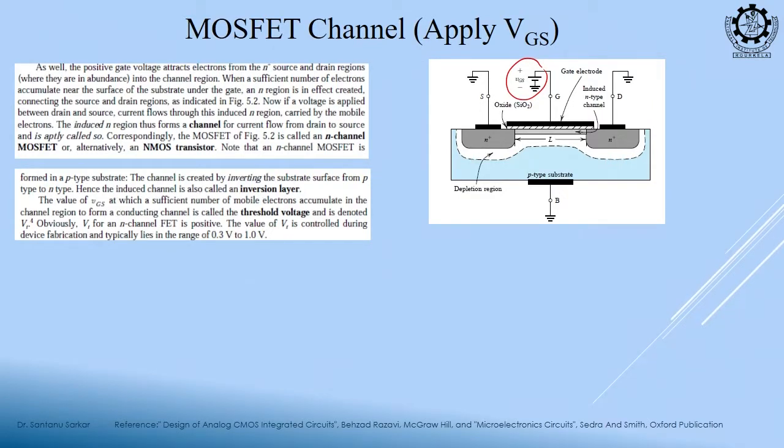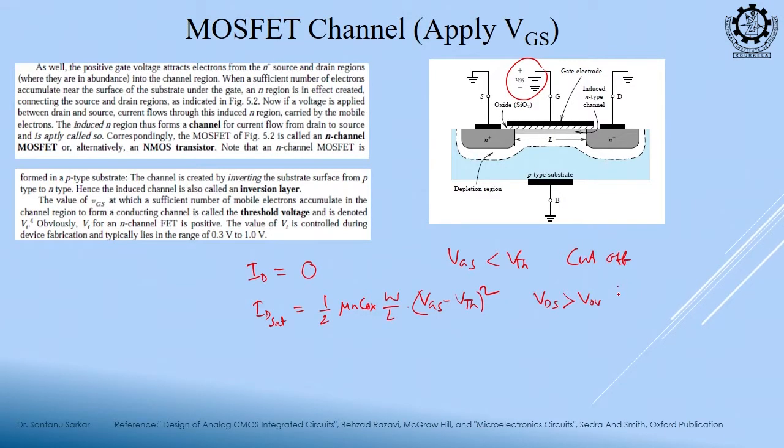Now, just like the BJT, let us see what the current equation is. I am just writing the current expression, and we will see how it is formed. We know that there are three regions. One region is cutoff. This is saturation, and the condition is VDS greater than VOV, or VDS greater than VGS minus VTH. The third is the triode or linear region,